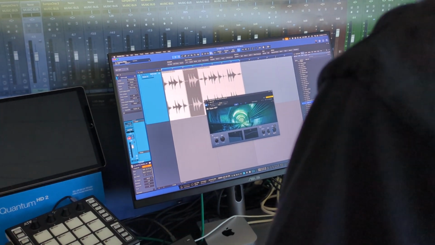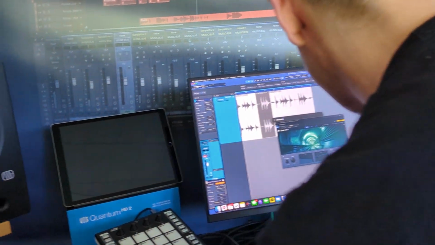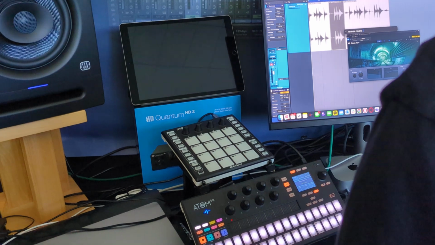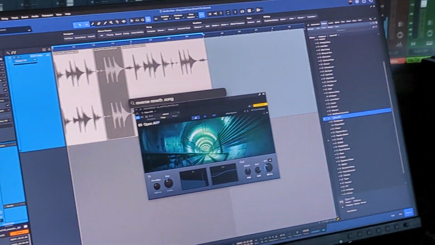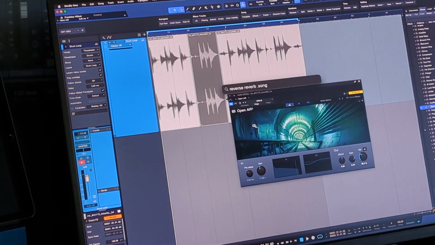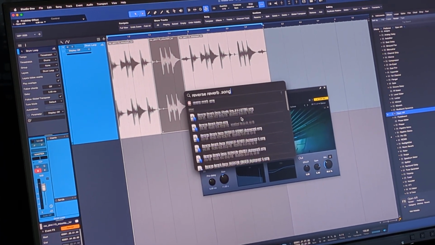We also have macros if you're a power user, so stuff like reverse reverb is incredibly easy. Would that work with third party as well? Most definitely. I'm glad you asked, because this macro I've actually written with the Valhalla plates, I think it's called. Oh, right. Yeah, so actually